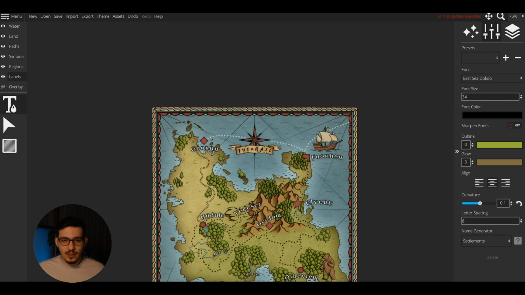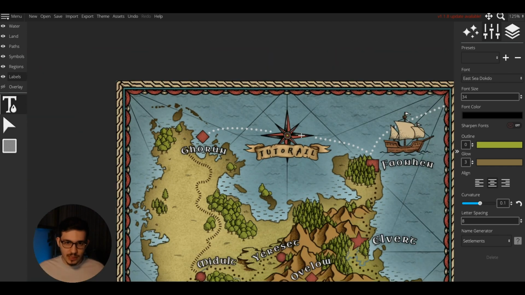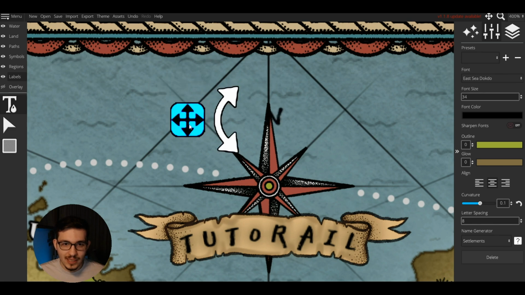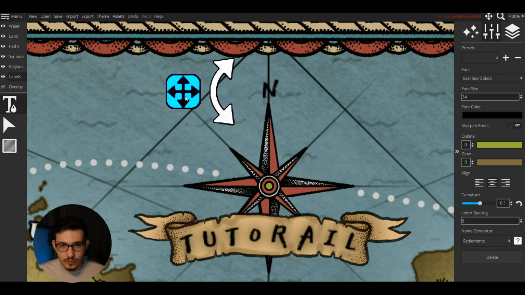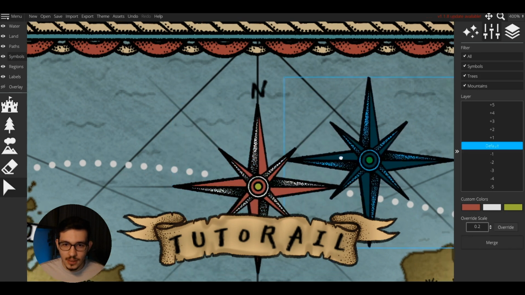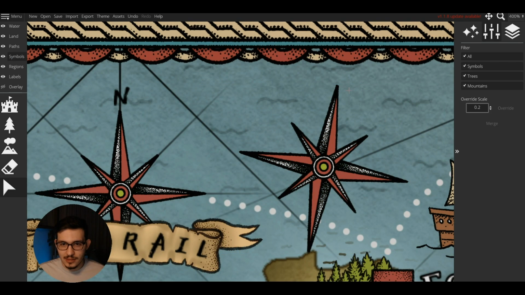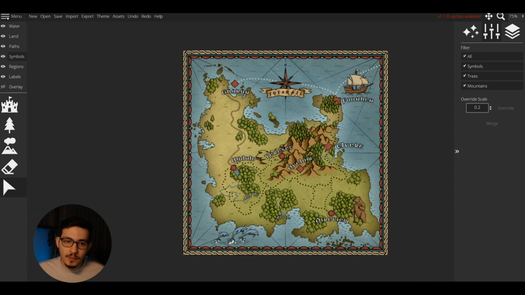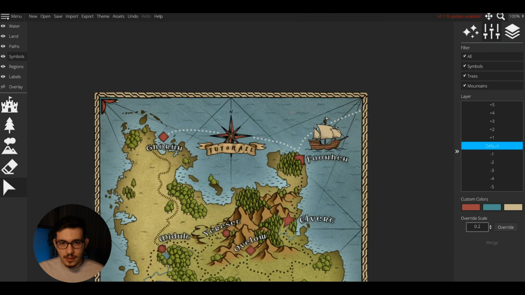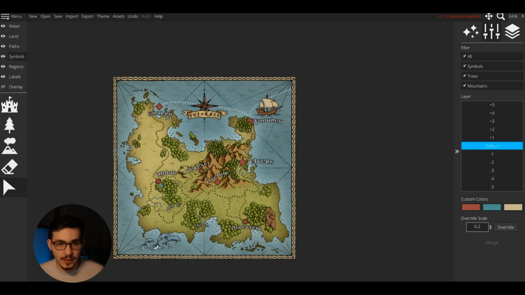Basically, I'm trying to get some more attention there, but without being too obvious. And also, let's not forget about the N. Does it have to be N? It's a classic. Well, of course, it can be something else. And you can also have compasses that are rotated like this. Let's remove this one. Why? Because the map is very small and it's taking so much space for a small map. But when we extend it, maybe we can add it again.